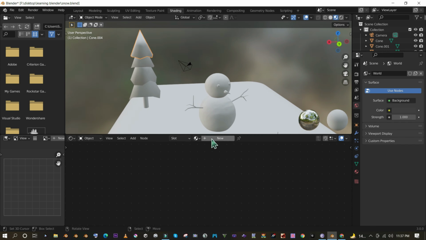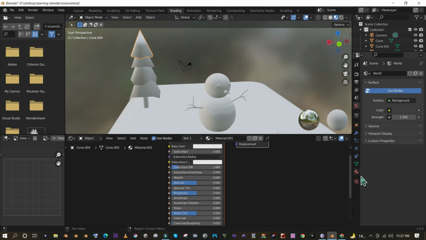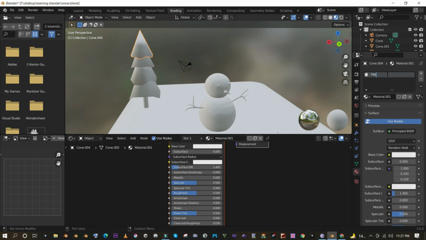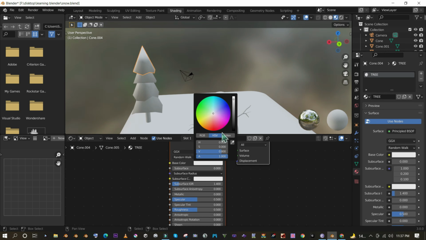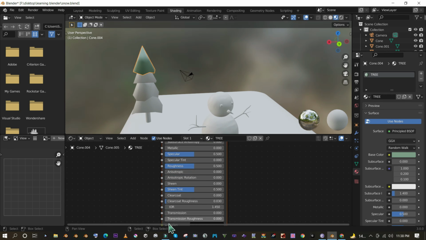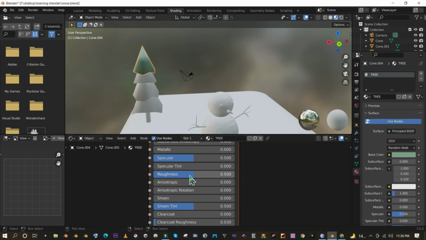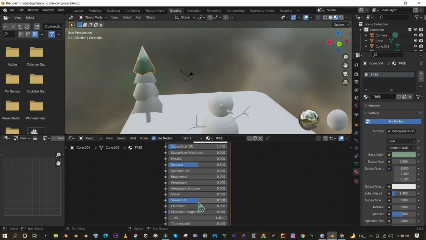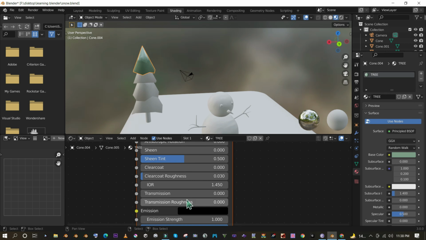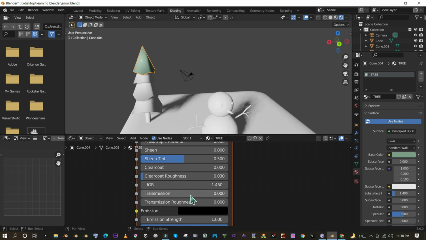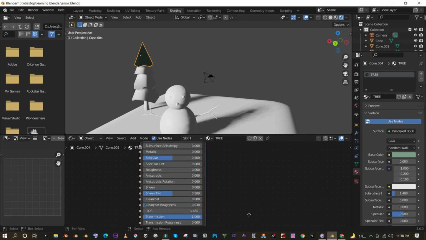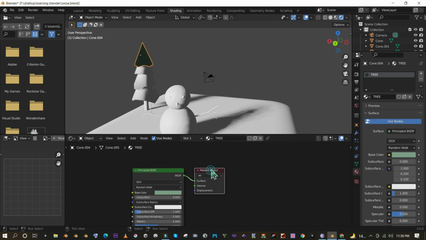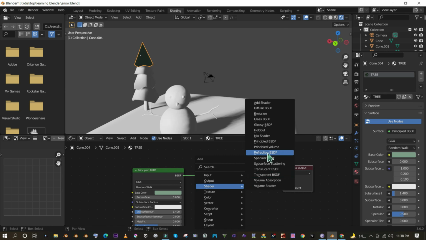Follow me. I'm creating material for my tree. We will change the default color, which is white. Look at this. First I am going to change its roughness to 0. Now it's time to change its transmission from 0 to 1, or maximum. And we need a transparent glass texture.